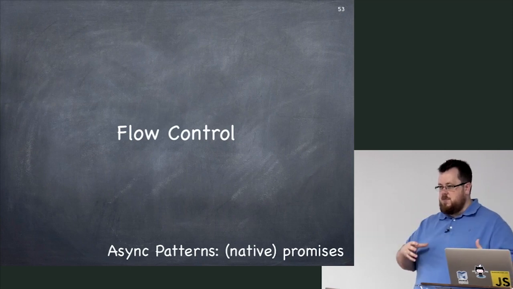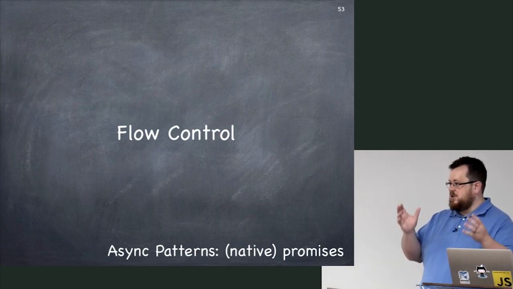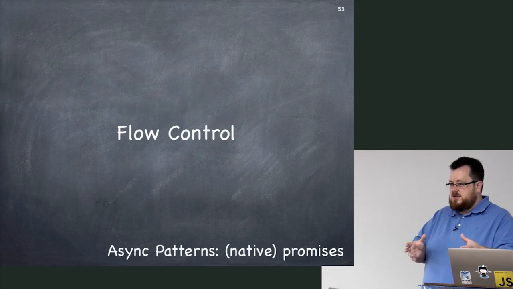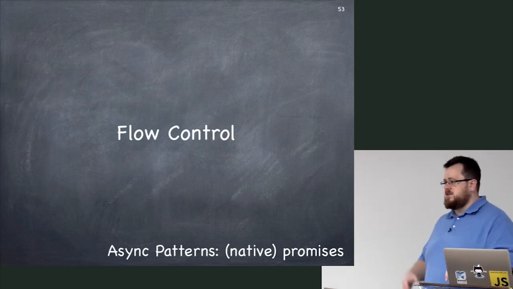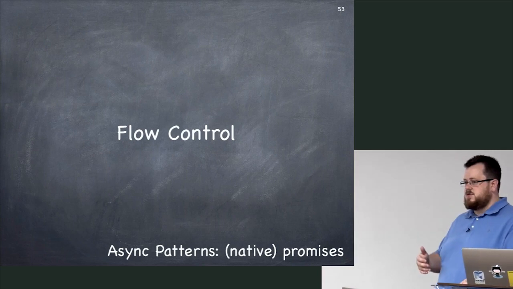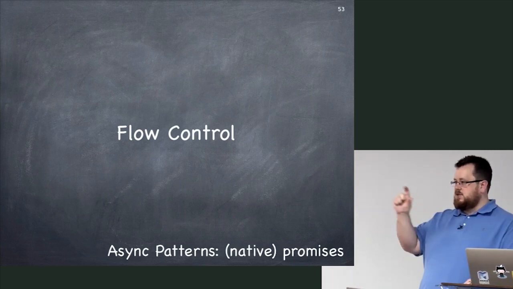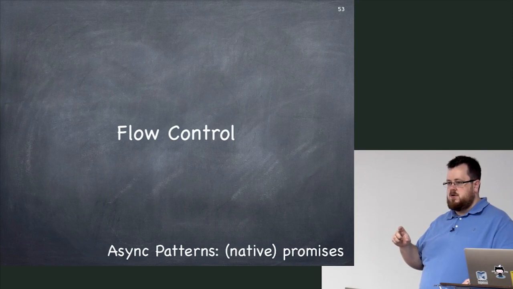Now that you understand why promises are so important, now you understand that the way that they're designed is intentional, it's on purpose, there's a reason for it, it's not just that they don't know how to design stuff. So let's talk about what they do in terms of flow control. Because in our modern JavaScript programs, it's very rarely the case that we simply have a single step if-then asynchronously. Just one action, and then when it's finished, we move on.